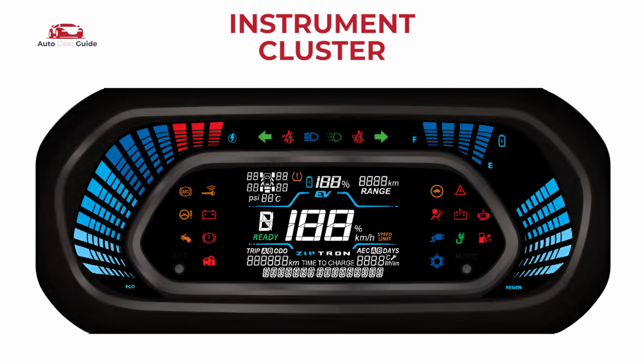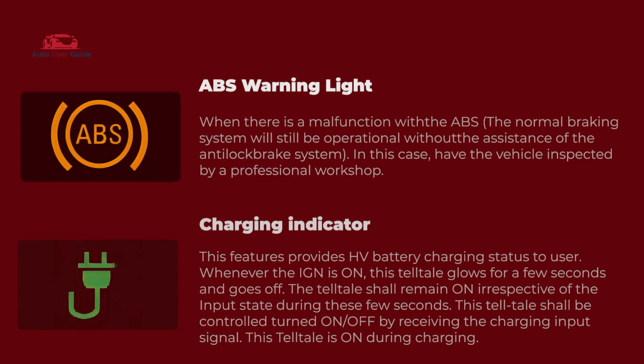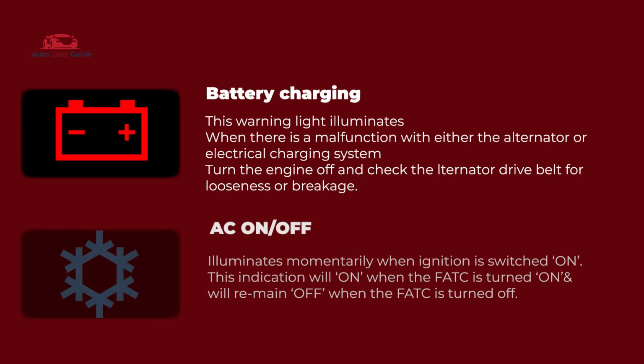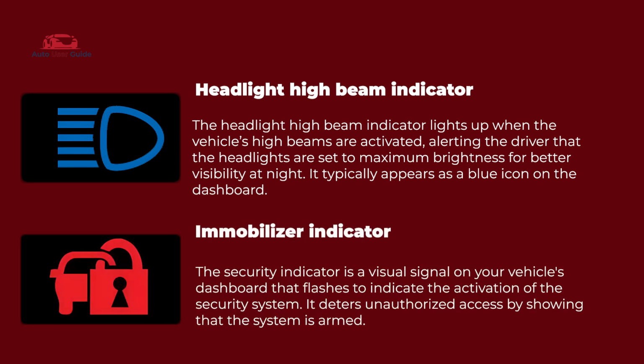Instrument cluster. Cluster indicators. Airbag status, turn signal indicator, ABS warning light, charging indicator, battery charging, AC on off, headlight high beam indicator, immobilizer indicator,